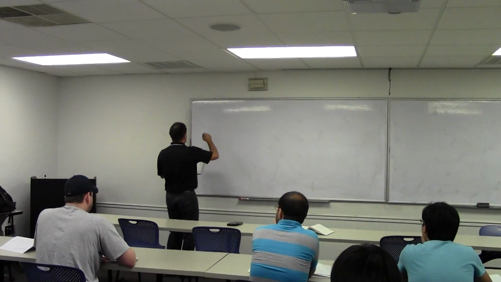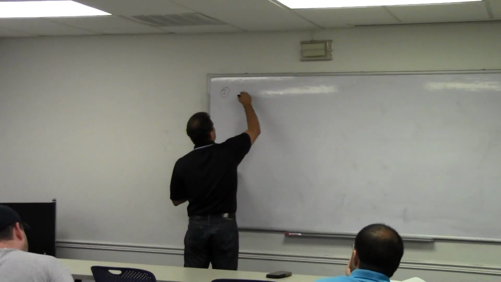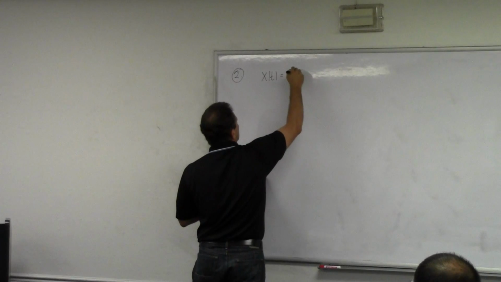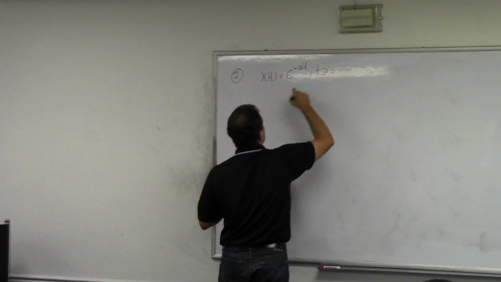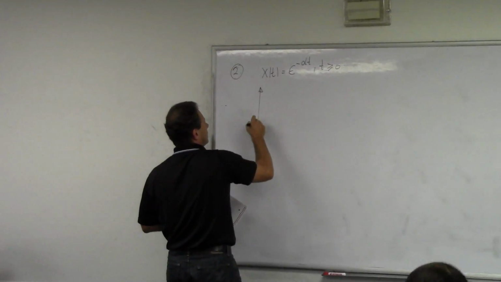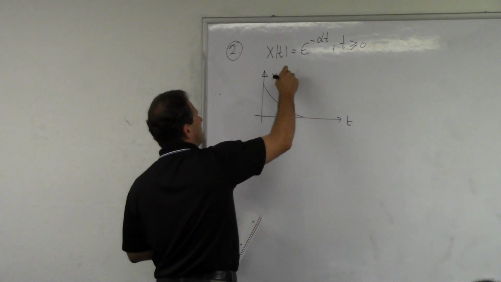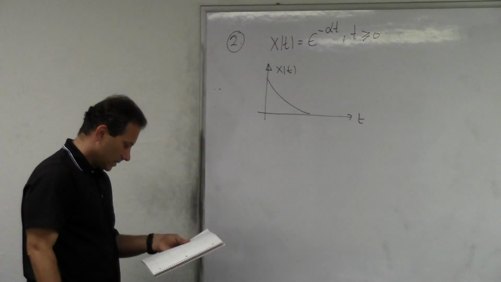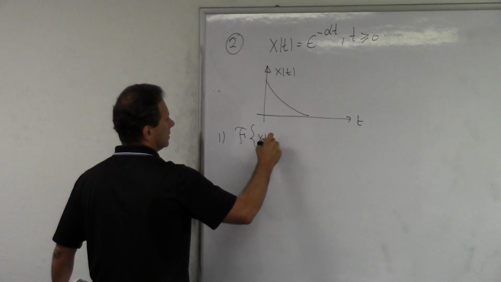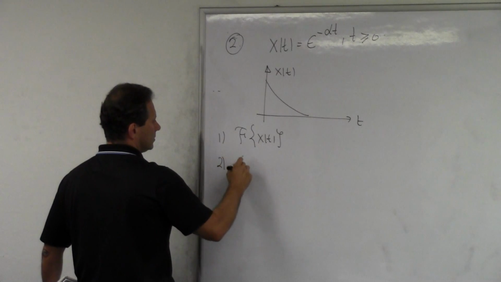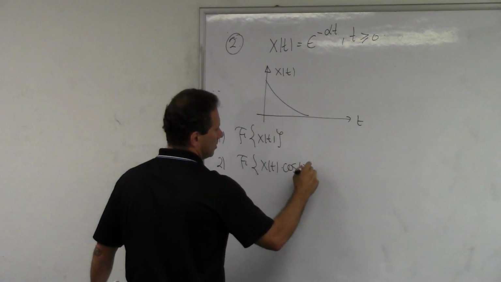Okay. So problem number 2. I'm given a signal that is of this form. X of t is e to the minus alpha t when t is greater than 0. So this is a guide to how this function looks. And the question is, find the Fourier transform of x of t. And then part number 2 is find the Fourier transform of x of t times cosine 2 pi